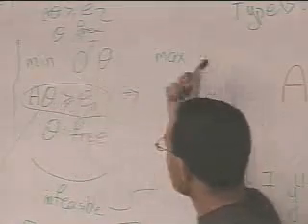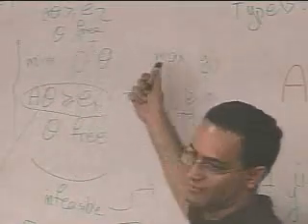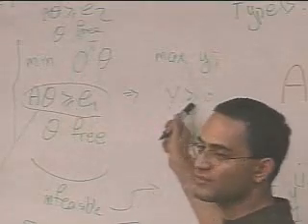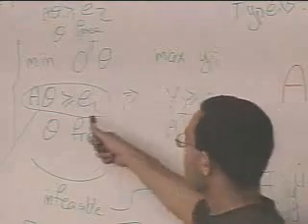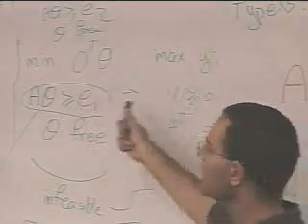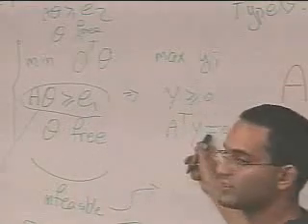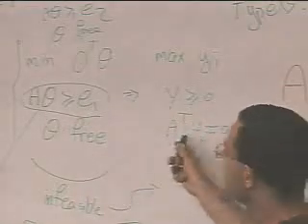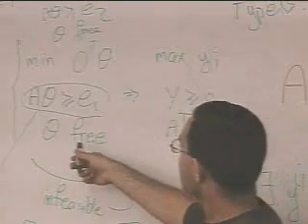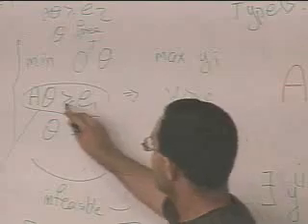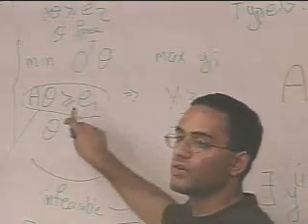Writing the dual of a primal, you look at whether it's minimum or maximum. If this is greater than or equal to something, then the variables will be greater than or equal to 0. If it's less than or equal, the variable would be less than or equal. If it is equal, the variable would be free. So if there is a free variable here, there is an equality constraint. If a variable is free, the constraint is equal. So this greater than or equal to 0 came from the fact that these were greater than or equal constraints.